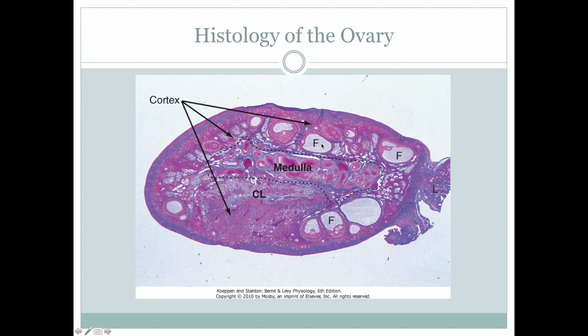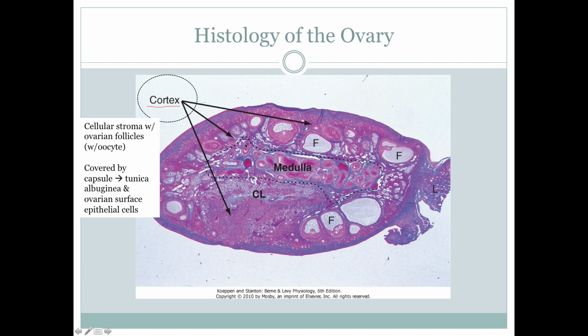When we look at the histology of the ovary, there's a couple pieces that we see that are common in all tissues. We have the cortex region, the cortical region. Remember that cortex is Latin for bark. So like bark covers a tree, the cortical region covers an organ. On the inside is the medullary region, the medulla. So the cortex is going to include the cellular stroma, so the functional cells, and also the structural cells. And that is where we're going to see follicles. And wherever you see F, that's a follicle.